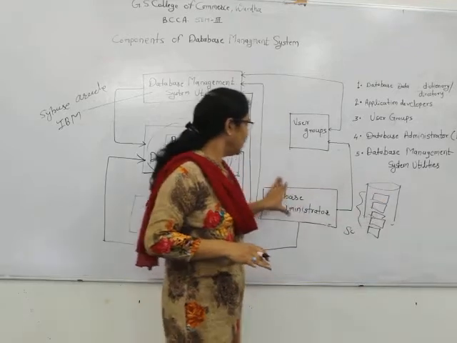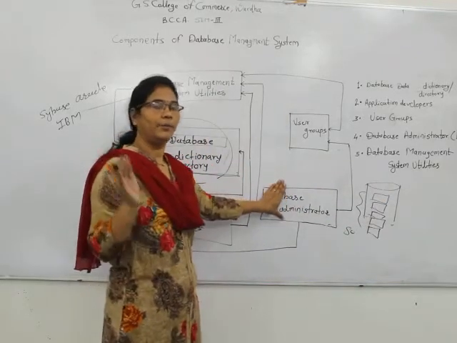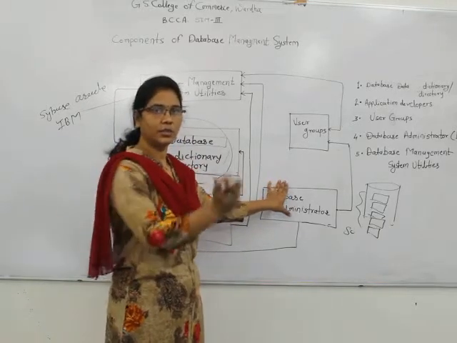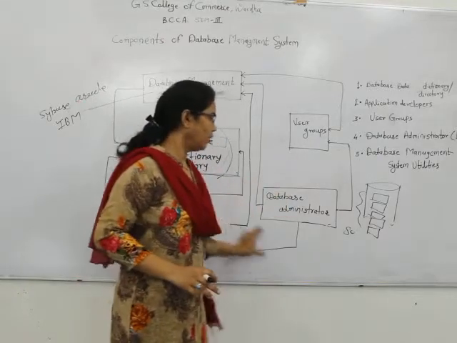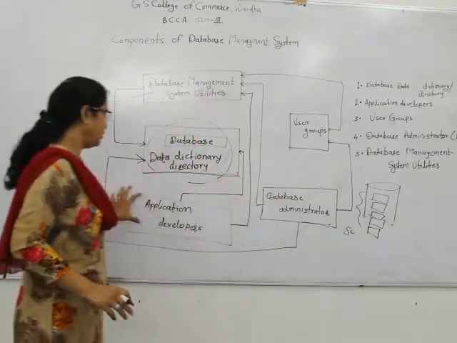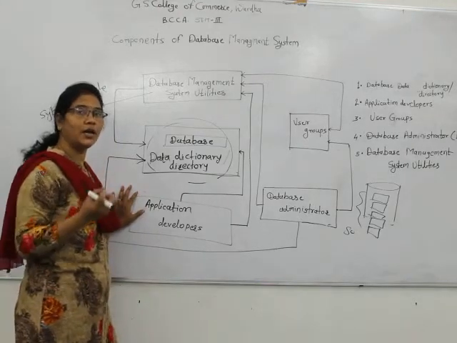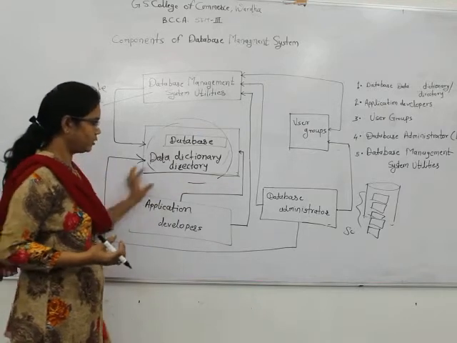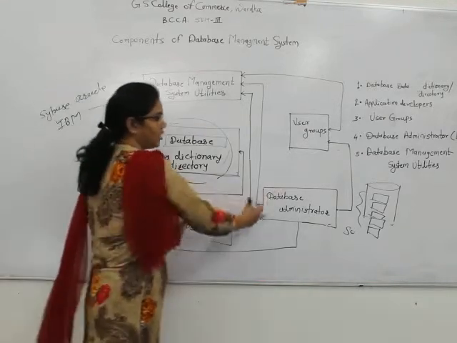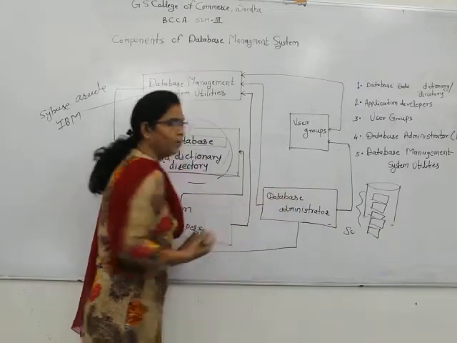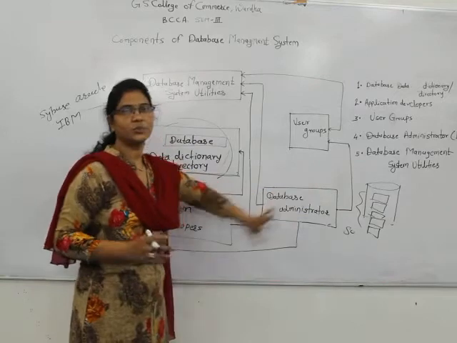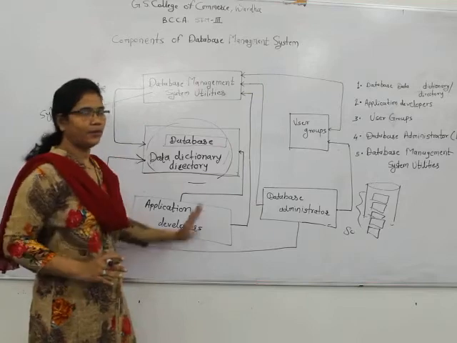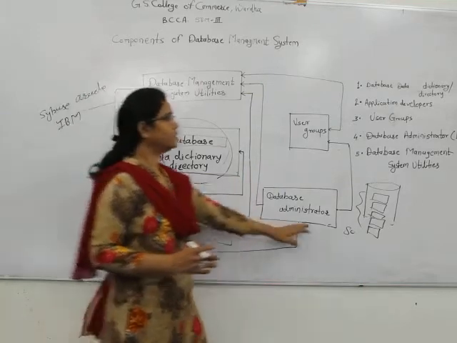So basically, the work which deals with the creation of the database, maintaining the database, and the relations of the database, all those things are covered by the database administrator. And the things which directly give the results or reports to the user are dealt with by the application developer. This is nothing but a group of expert people who deal with programming. So basically they are related to the program, and they create programs for our system.